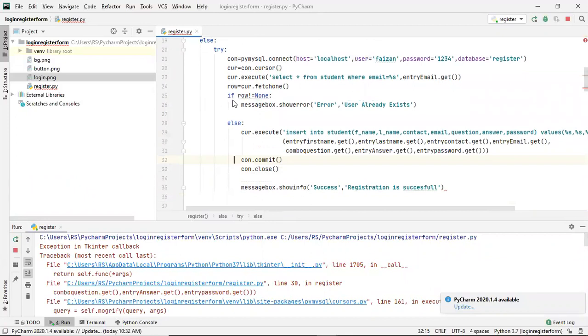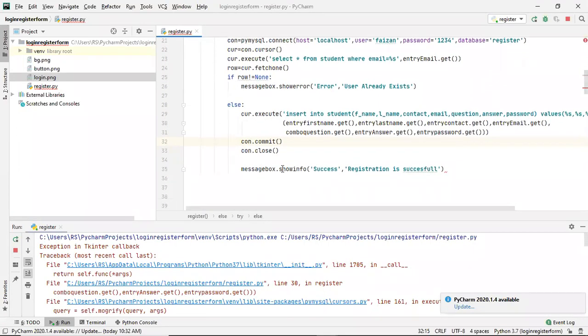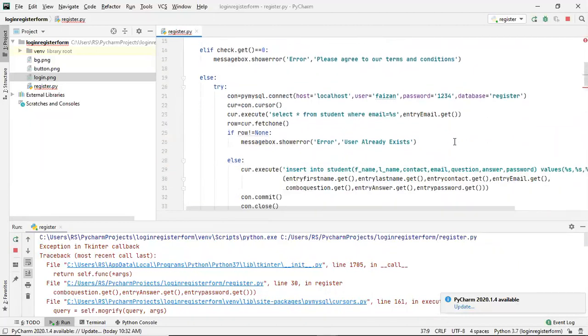Okay, next thing is that I have to write except also because I've used try here. So after this success message that registration is successful, we will do the except condition here, just below this try, right?